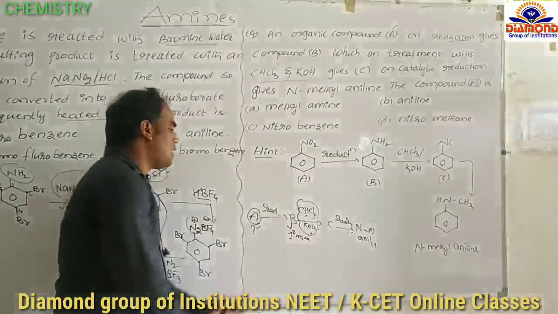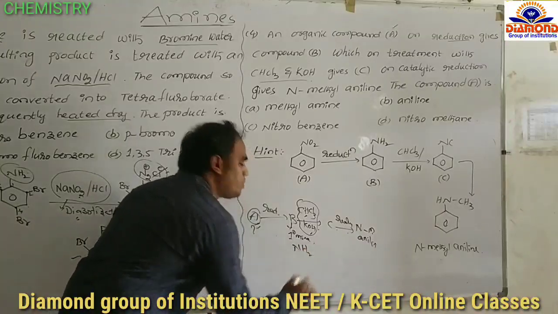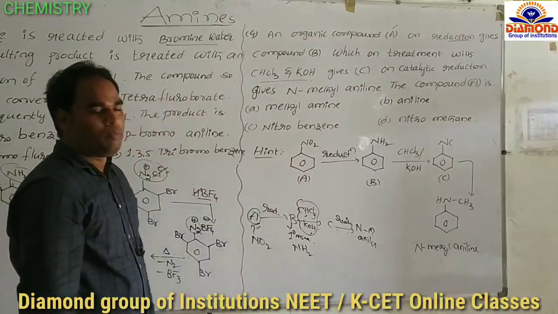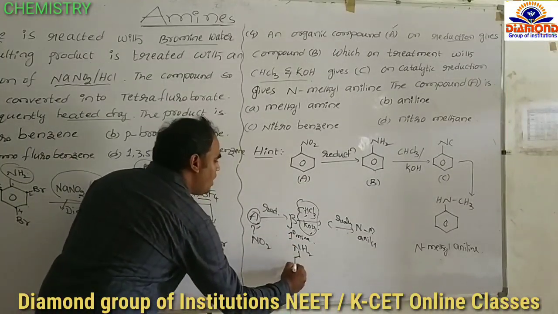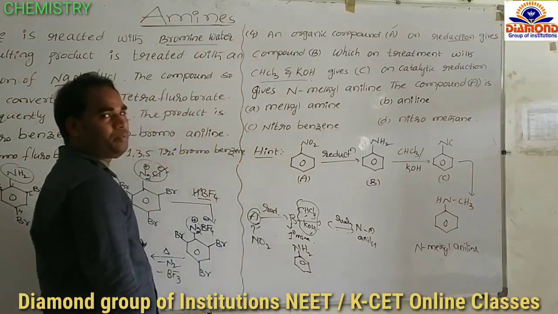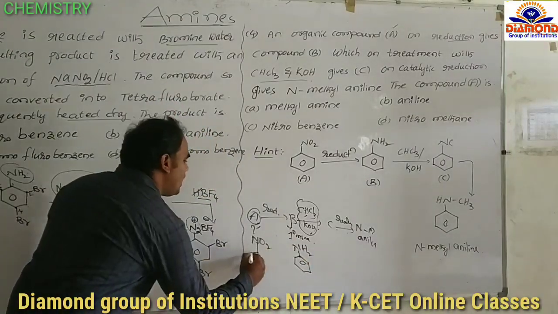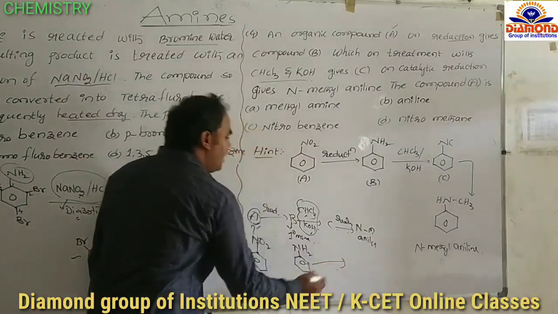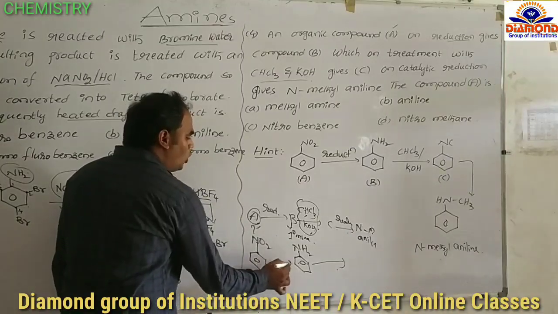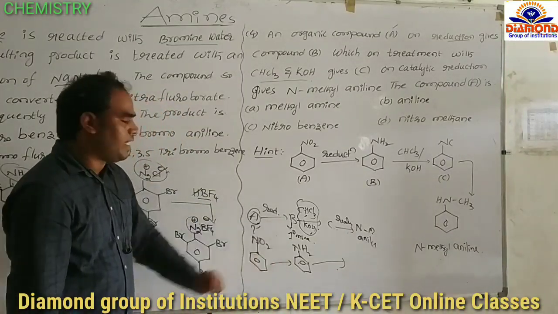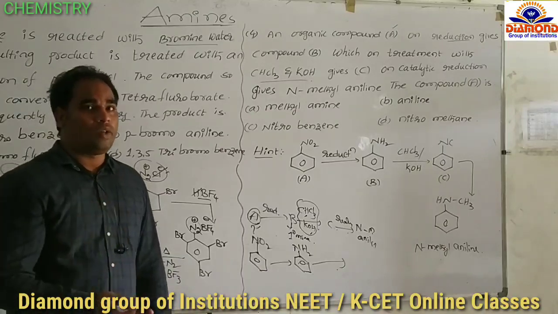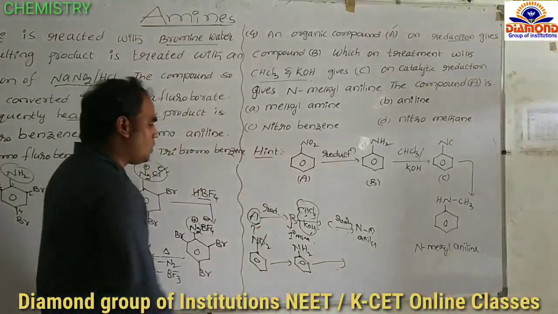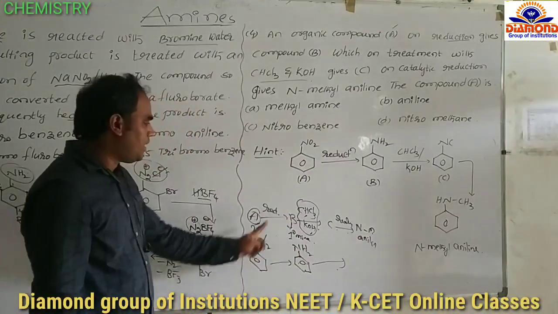Here the amine is nothing but NH2. NH2 groups are obtained by the reduction of nitro groups, NO2 groups. So what kind of primary amine is it? Aniline, and what is A, students? Nitrobenzene. This aniline is obtained from nitrobenzene by reduction. Reduction means what? Addition of hydrogen or removal of oxygen. So instead of oxygen, with the addition of hydrogen, we get aniline by reduction.